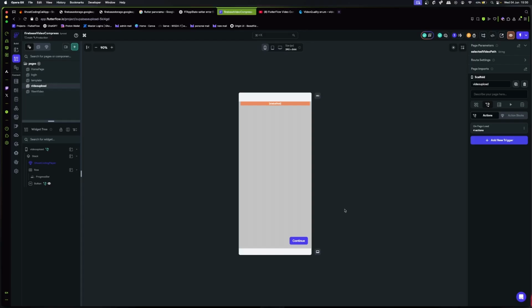But for those of you looking for an action to do this type of thing with Supabase, just hit down in Discord and let me know. I do have an action separately that allows you to upload from a local path. However, it does not include the compression. If you are looking for it to include the compression, I will see if I can do something like that in the future.